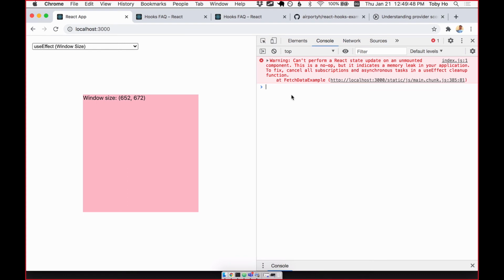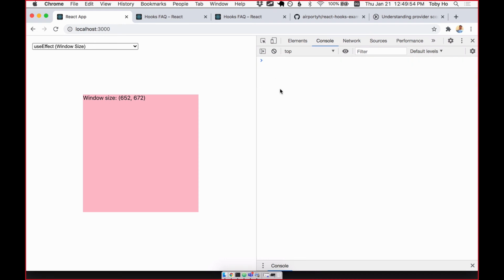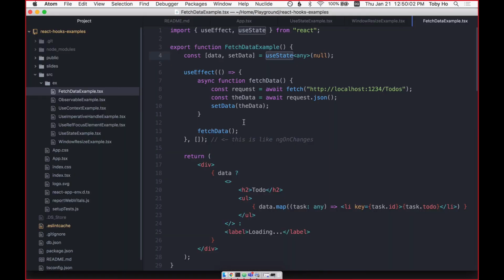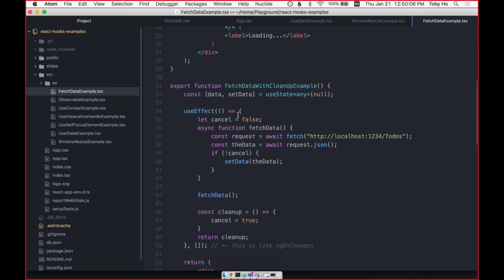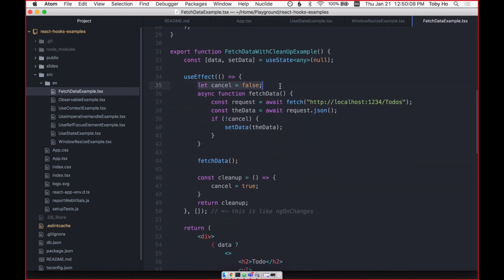And although that doesn't break anything technically, React gives you this warning to say, hey, you have something left over that's not cleaned up. You probably want to take care of that. And a common way that I've seen people solve that is by using a little flag like this to say, hey, if you